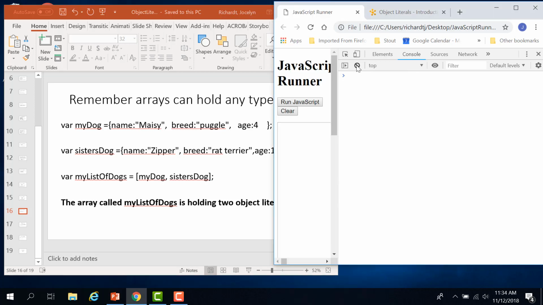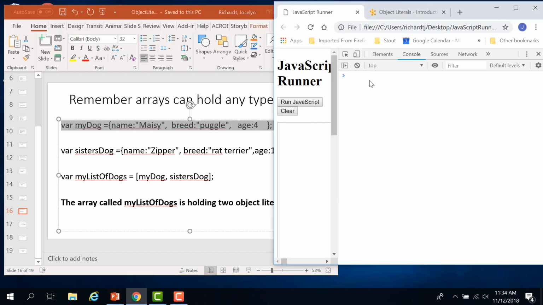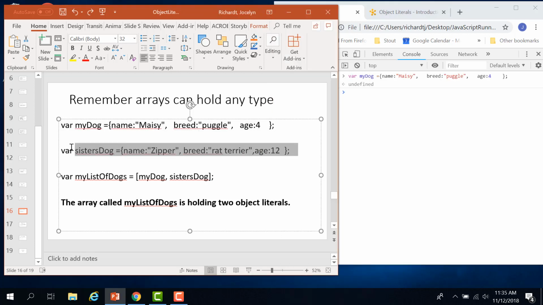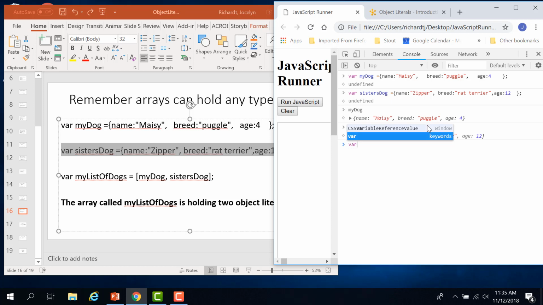So let's take a look at that. Let's create my dog. And let's create my sister's dog. So now we have my dog, we have sister's dog, and let's put those two dogs in an array. So we're going to create a variable called